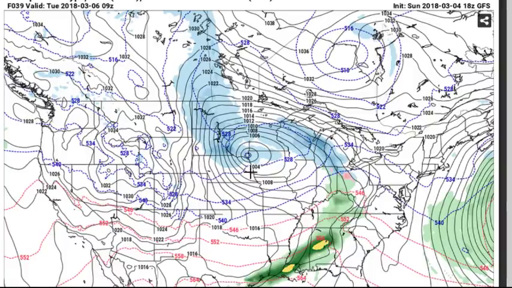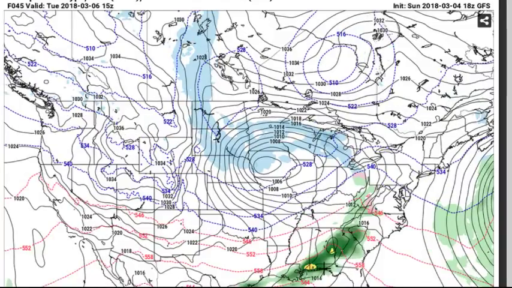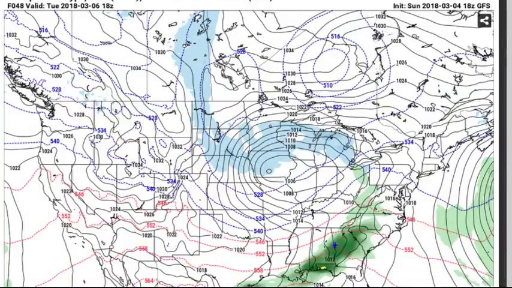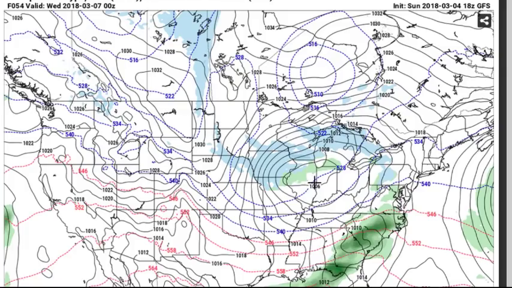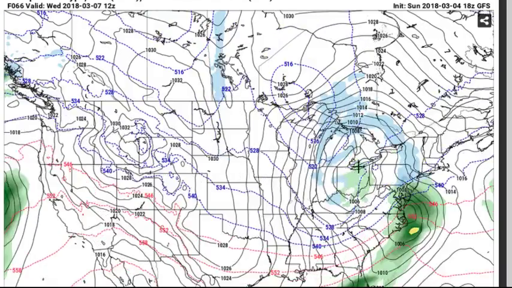This low kind of occludes and starts decaying the main baroclinic zone as well to the south. So not much is going to be going on up in the Great Lakes. We get kind of a weak wave developing there in Georgia for Tuesday. This low here continues to spin, and a little bit of unstable air in that region kind of drifts across the Midwest there,